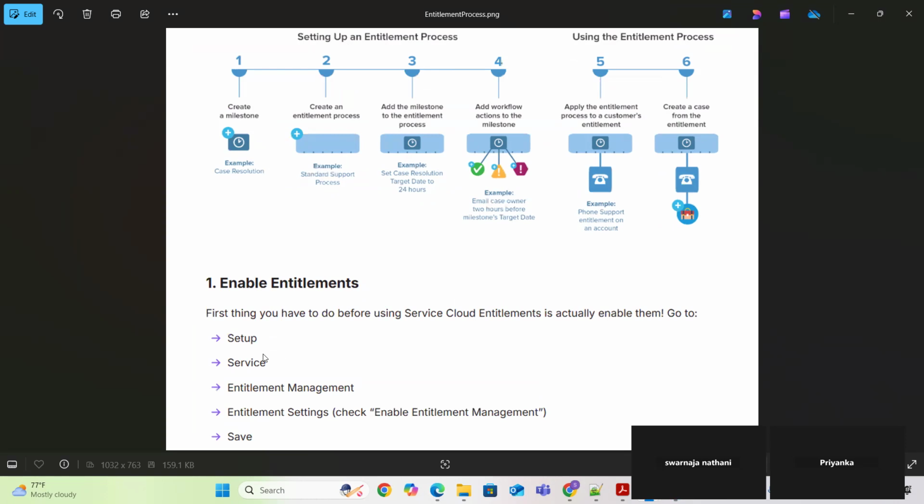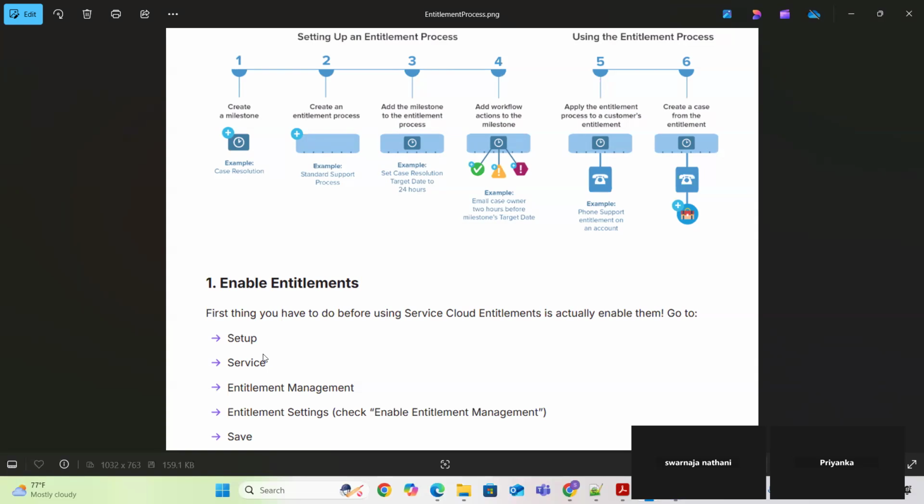Setup, then we need to go to Service, then select Entitlement Management, then Entitlement Settings. If the checkbox is not checked, enable entitlement management and click on Save, so that we can configure the entitlement process.